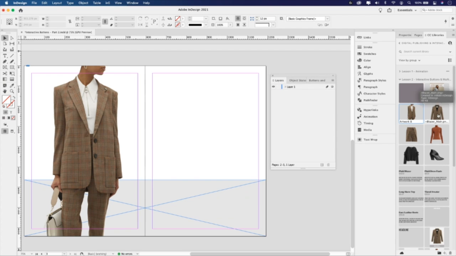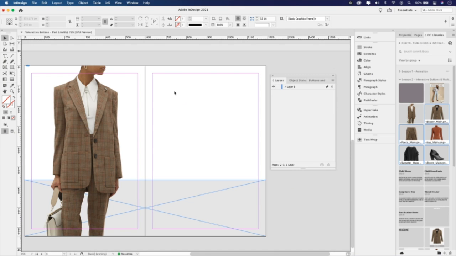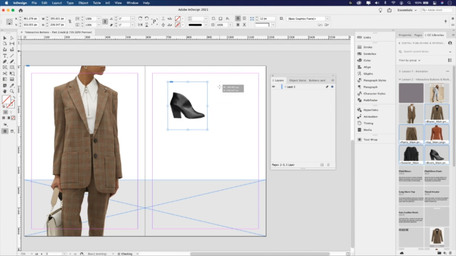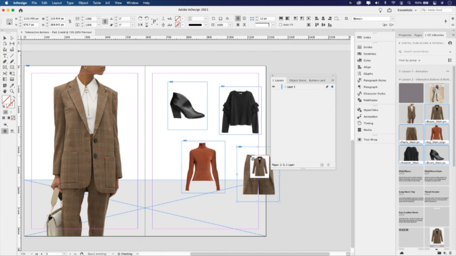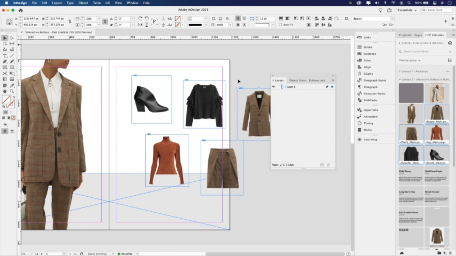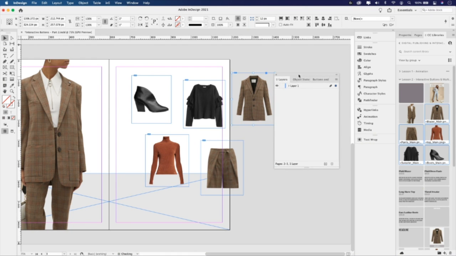So you can also see I have those pieces of clothing here: blazer, pants, and a couple shirts and boots. So I'm going to click on the first one, hold Command, and click on the others, drag, and much like I've been doing with the other exercises, just drag and drop, okay? We can figure out how they appear once they're on the page.